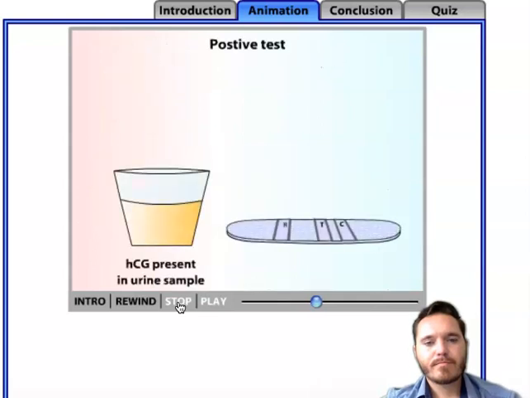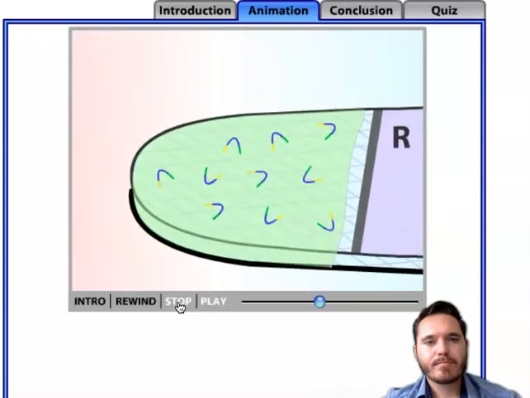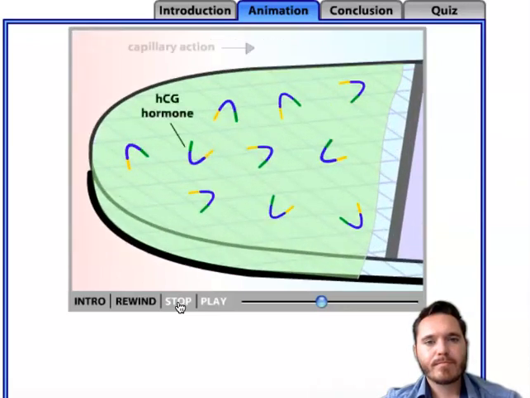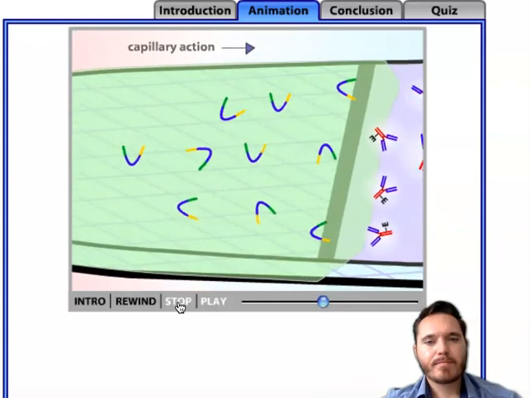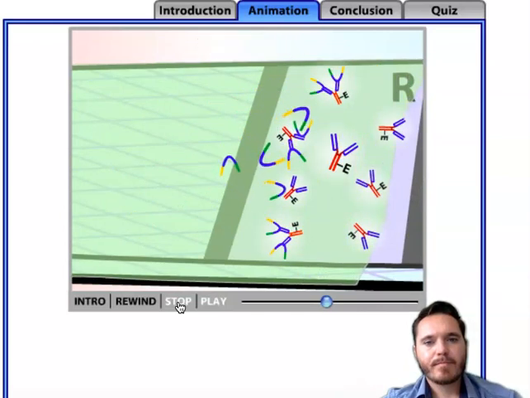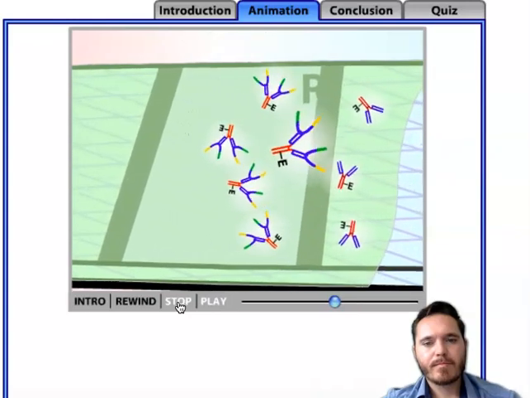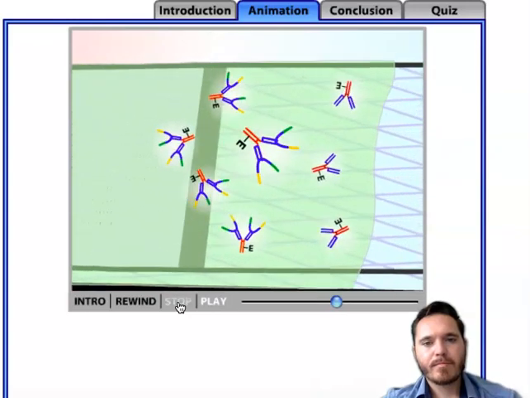The urine of a pregnant woman yields a positive test result. To determine this result, the test strip is dipped in the urine sample. The sample, which contains HCG, is drawn up the strip by capillary action and first arrives at the reaction zone, which contains the enzyme-linked anti-HCG antibodies. The enzyme-linked antibodies recognize parts of the HCG molecules and bind to these molecules from the urine. The complexes of HCG and antibodies, as well as the unbound antibodies, dissolve in the fluid and detach from the capillary membrane. They are then carried along the